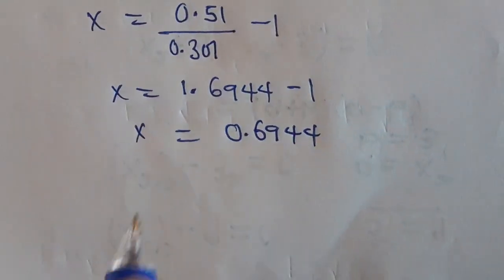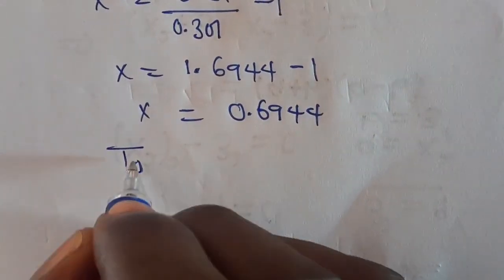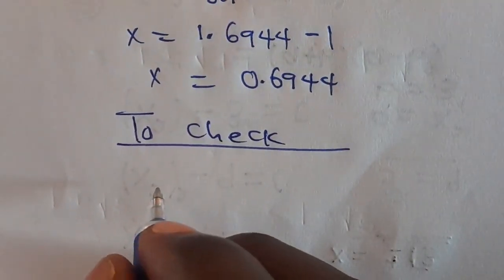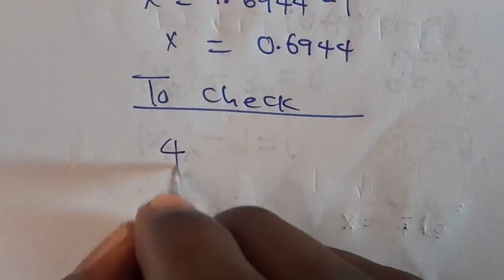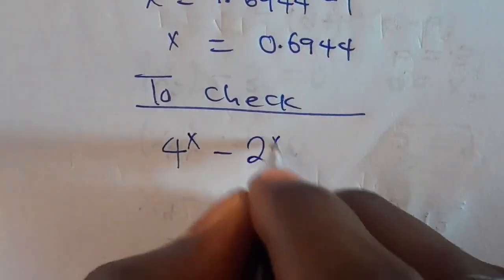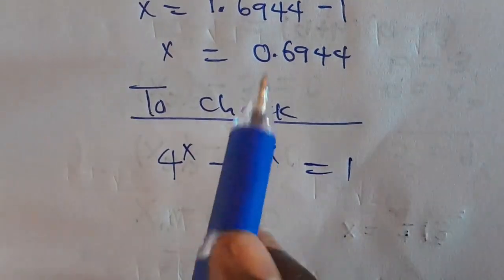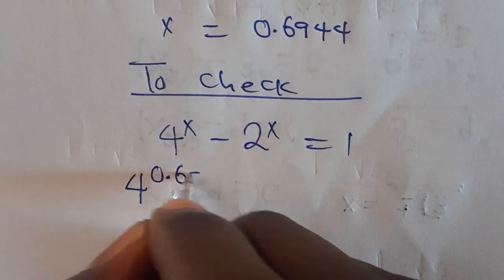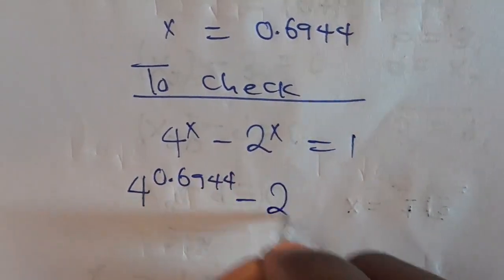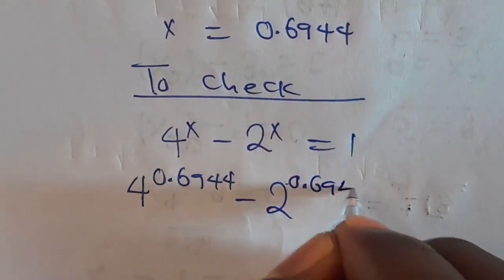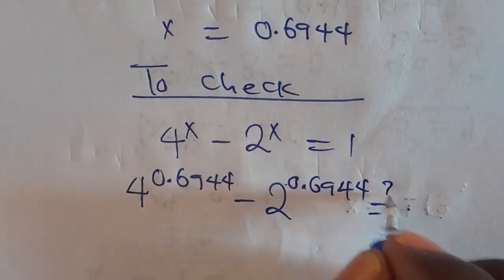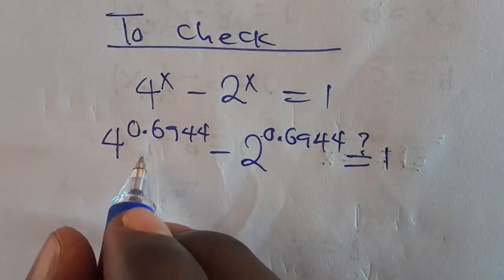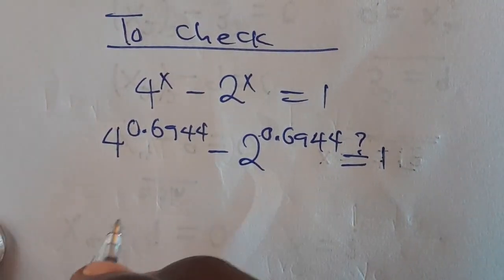So guys, now let's check. We have 4 raised to the power x minus 2 raised to the power x equals 1. When x equals this one, we have 4 raised to the power 0.6944 minus 2 raised to the power 0.6944. Is it equal to 1? So from here, when you press this by using a calculator, we're going to have this one to be